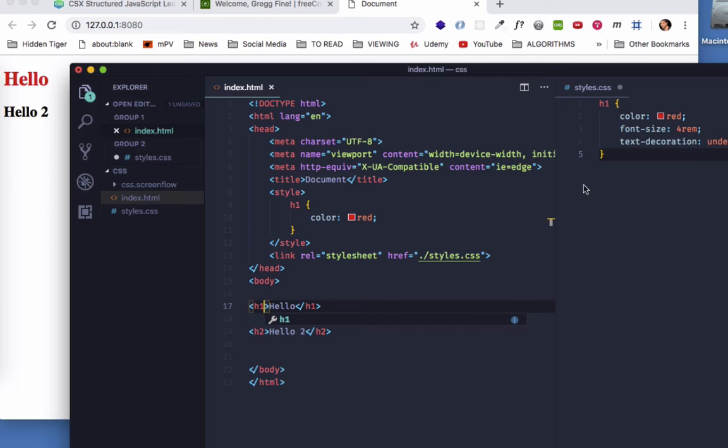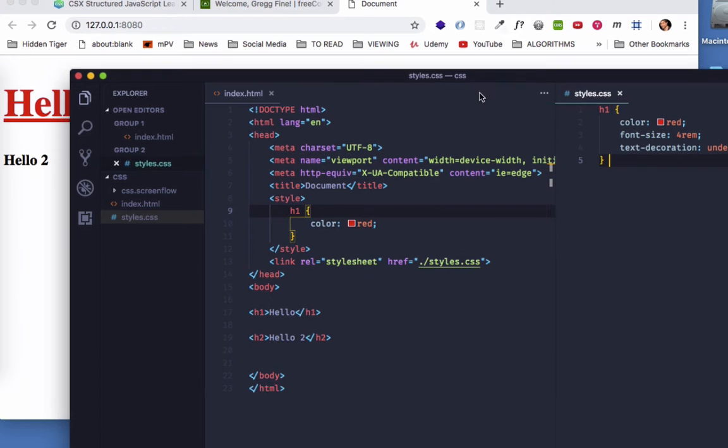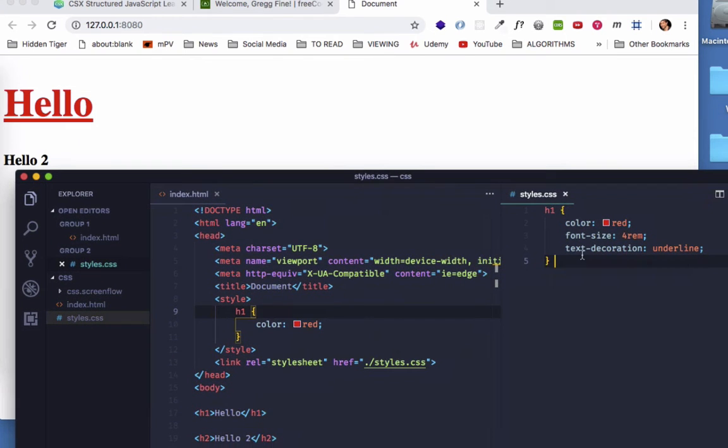Yeah, so now you can see that the word hello is taking the styles from the external style sheet because it has an underline and a greater font size. And if you look in the HTML document, you can see that the style tags here are coming before the link tag. But if we were to switch that,